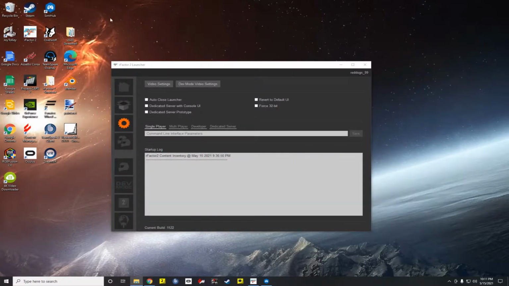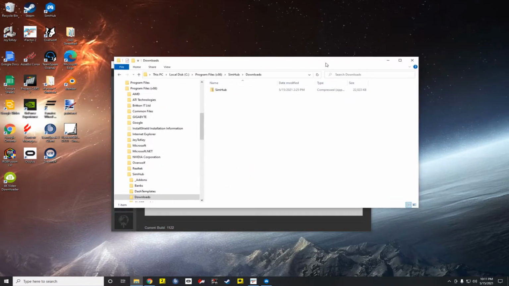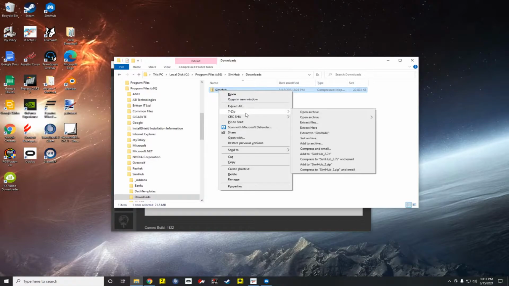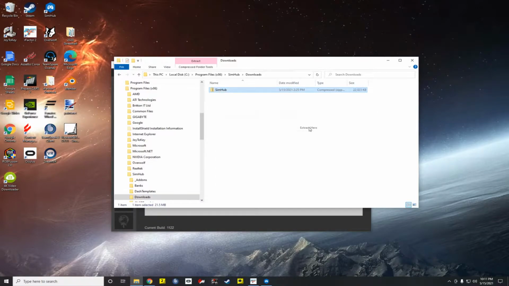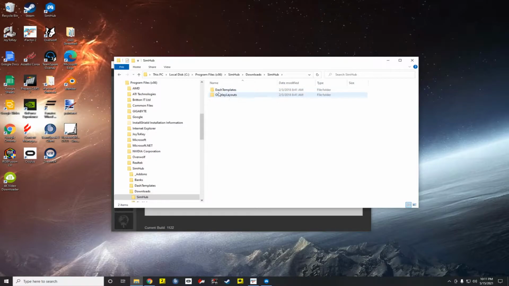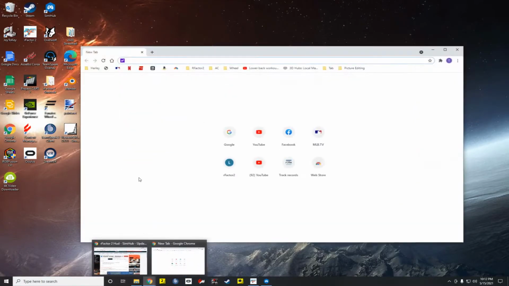When you download that, it will download this zip file. I use 7-Zip for everything, and you can extract the files that are in that. In that folder, it has some dash templates and some overlay layouts. Now those files do need to be put in your Simhub folder,